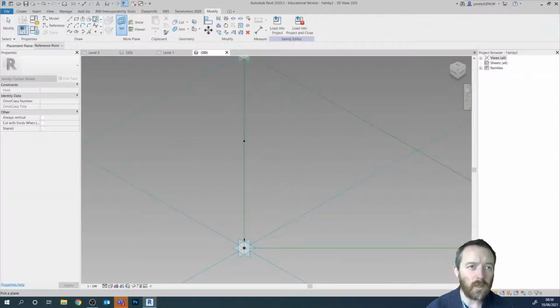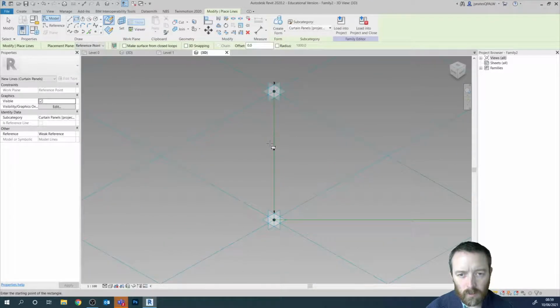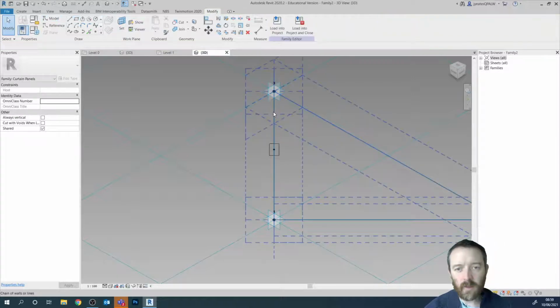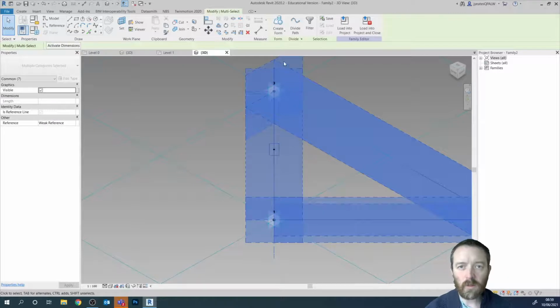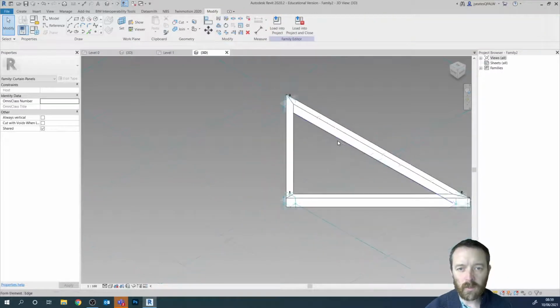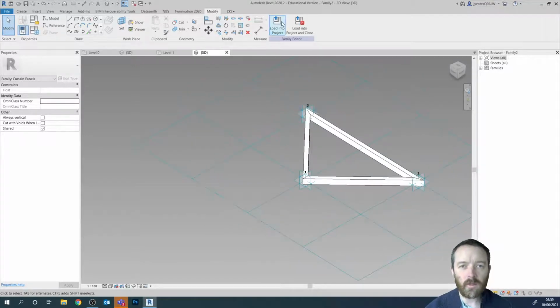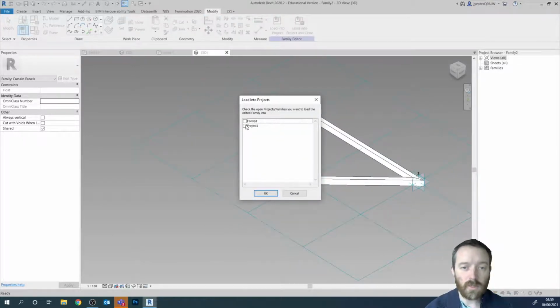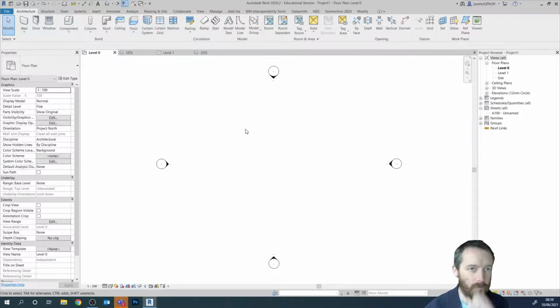I can zoom in, and I'm going to draw this sort of block shape, just like that. Okay, after I've done that, I can select these edges and use control click to select this block and then create form here, and we create this frame. Okay, once I've done that, I can choose load into project 1, click OK,